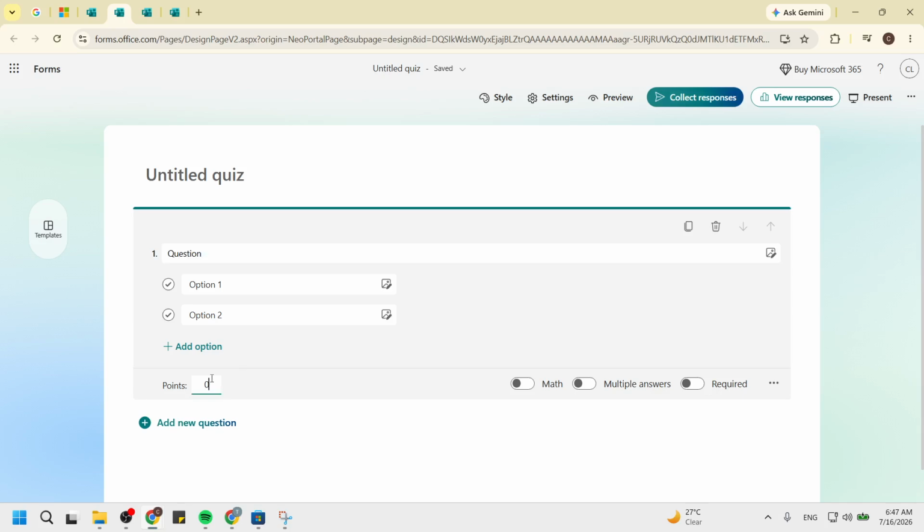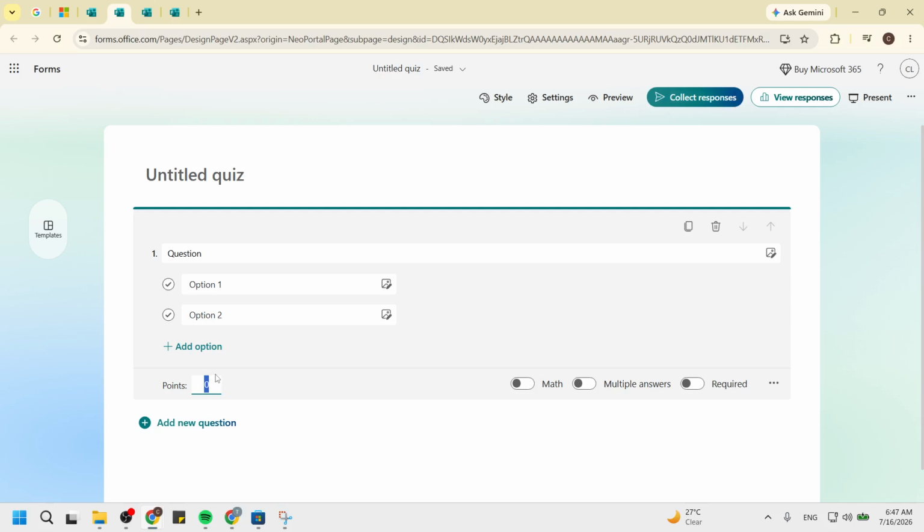This box is specifically designated for entering the point value of the question. It is usually accompanied by a small label or prompt to guide you. Entering a value here is crucial, as it determines how much the question contributes to the overall quiz score. You want to ensure this step is completed to make your quiz functional for grading students effectively.